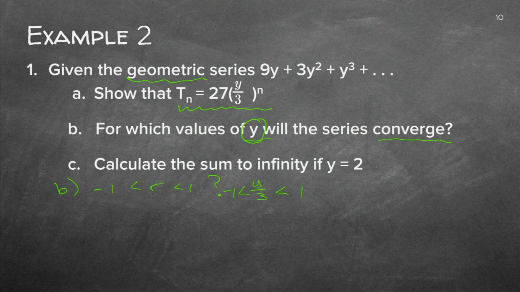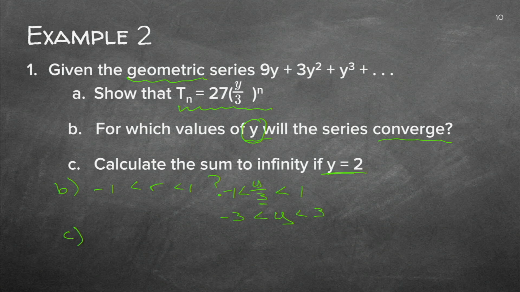Now I wonder if you can remember, I think you did this in grade 8: how to get rid of this little fraction there. You multiply by 3. So it becomes -3, and that one becomes +3. So there's your answer. If y lies between -3 and +3, your sequence will converge, because then r will still be a fraction that you multiply with.